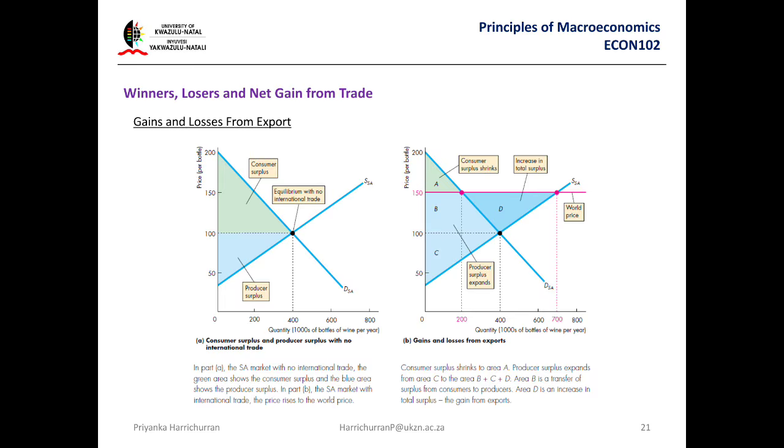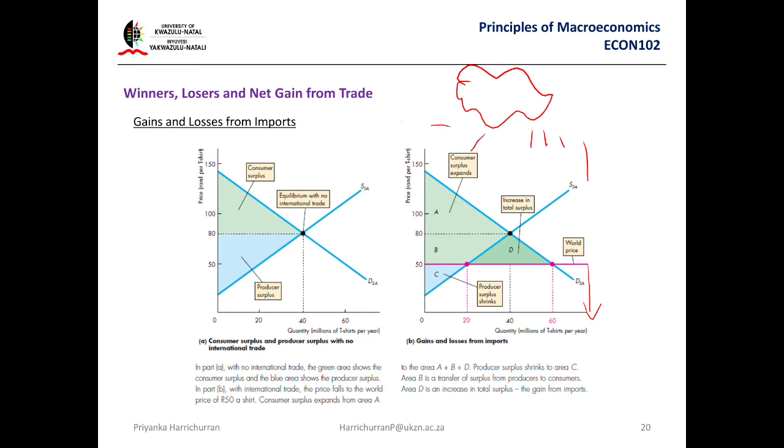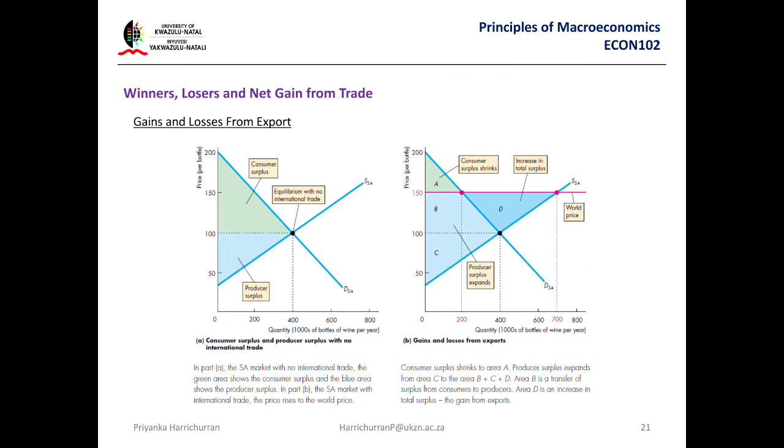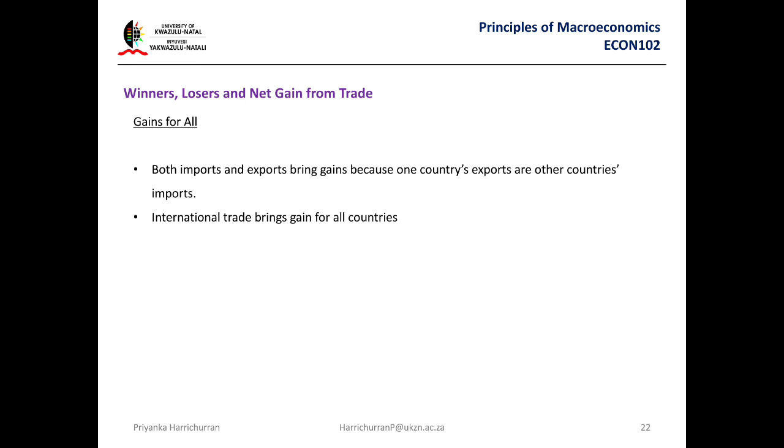Producer surplus is below the red line. So all you need when you're looking at this is look at a horizontal line. It won't be red because we're using black paper. So look at the horizontal line going straight. Above it is consumer surplus, below is producer. Producer surplus, if it's bigger, that means it's better for us. That means we have a comparative advantage, obviously. Okay, gains for all. This is very important, gains for all. Whether you're importing or exporting goods between two countries, one country will always benefit no matter what, right?